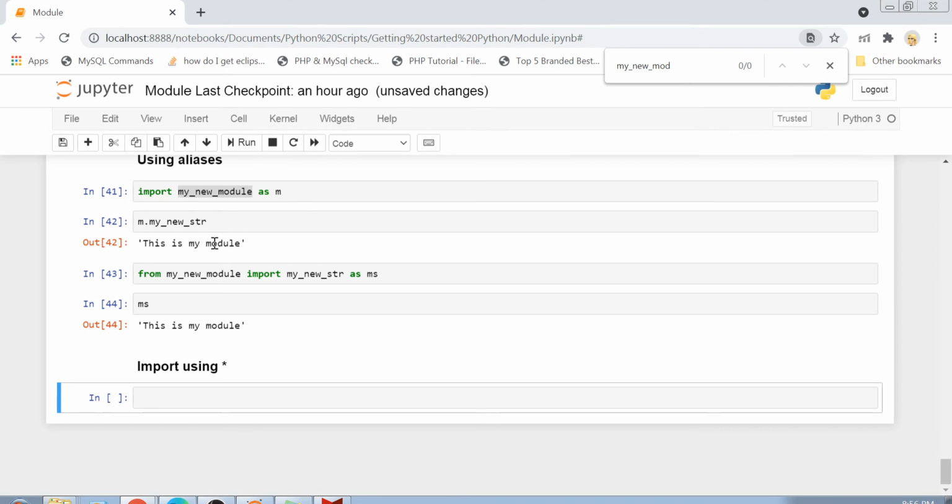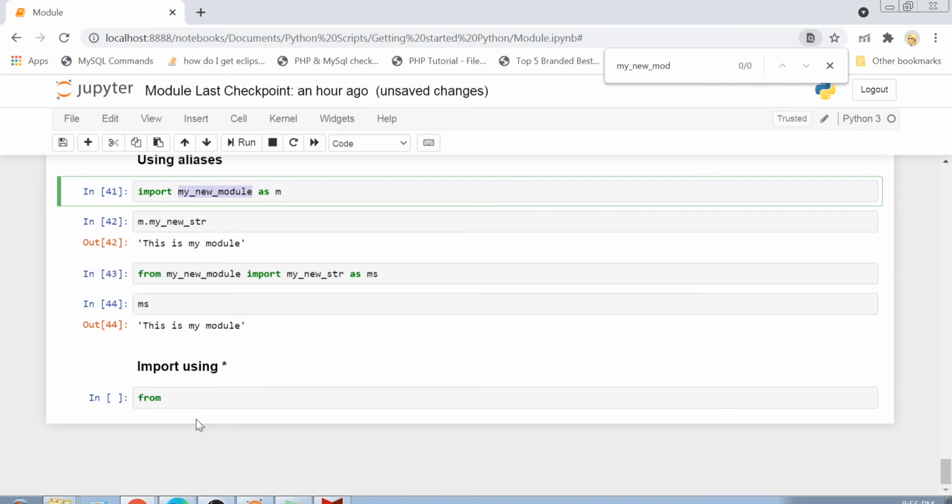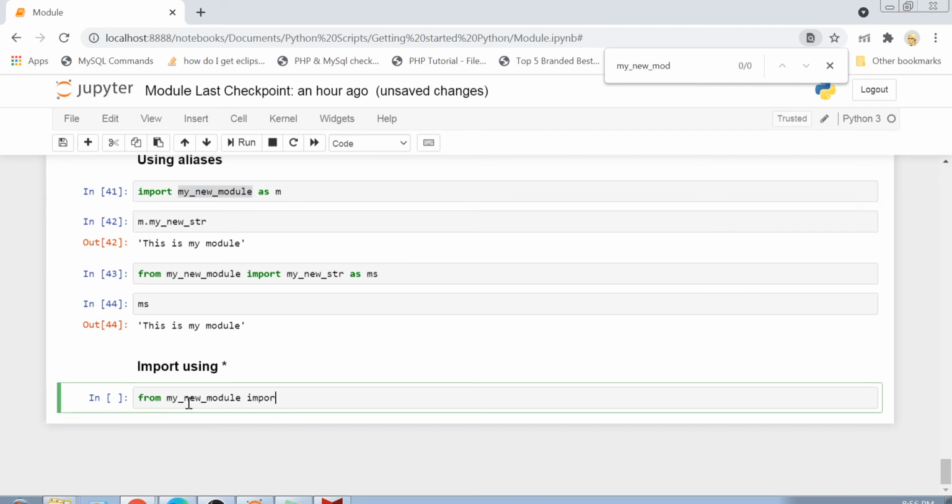Now I want to access all of them without using my module name. So I can write something like this: from my new module, import my new str, my new list, my new class. I can write all the variables here with the help of commas. But what if my module has like 100 variables? I won't be writing all of their names, right?